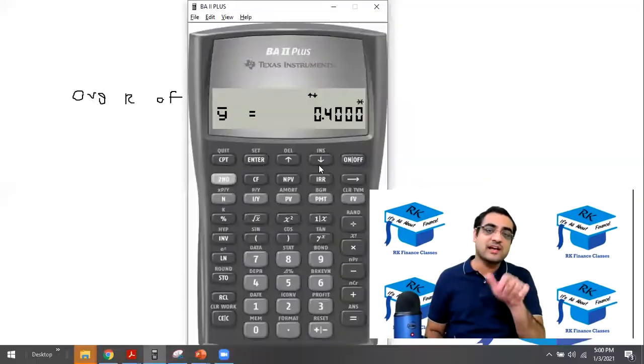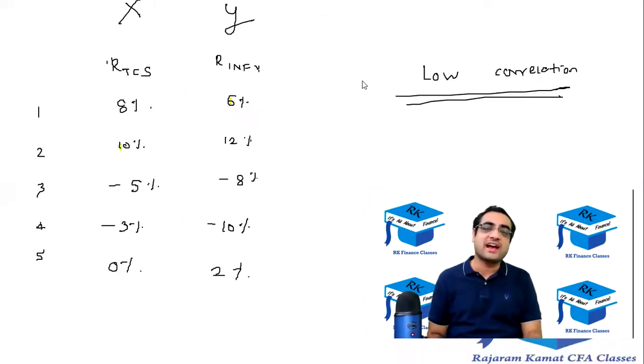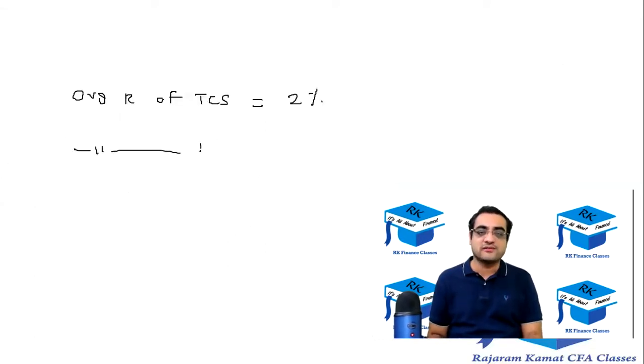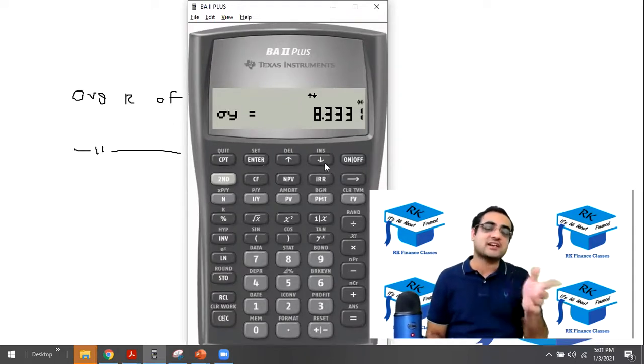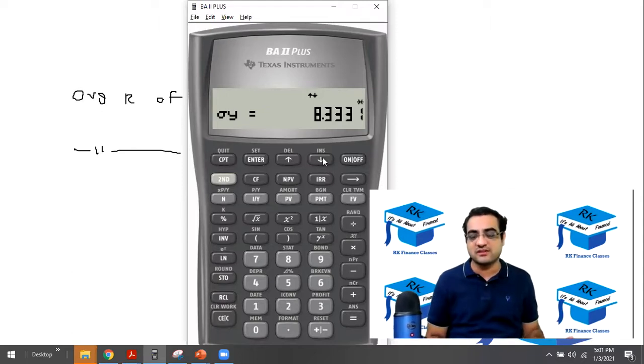Scroll down. You get Y bar. Y bar means the average of Y, that is, the average of Infosys. So the average return of Infosys is coming out to be 0.40%. Okay, fine. Scroll down. SY and sigma Y are the standard deviation, that is the risk of stock Y. If I scroll up, SX and sigma X are the standard deviation of stock X, that is the risk of stock X. Similarly SY and sigma Y are the risk of stock Y, which